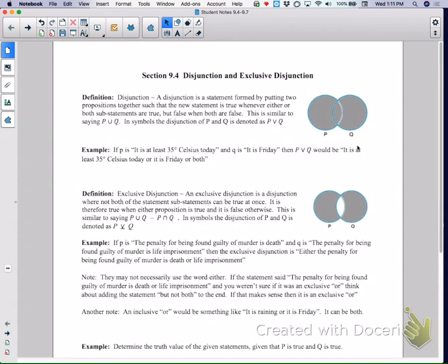All right, section 9.4, this is the last of all of our stuff that we're going to be using